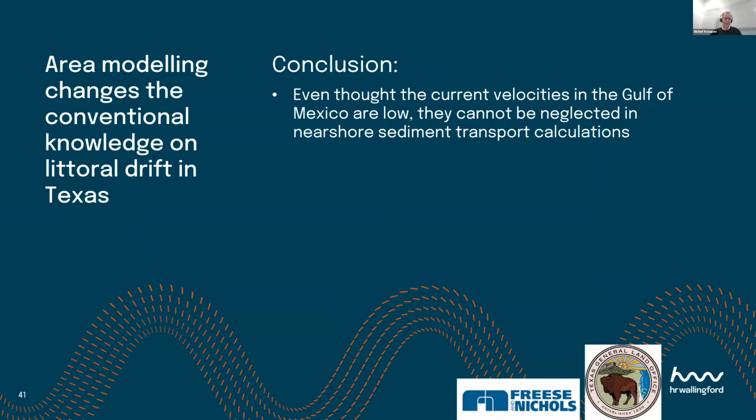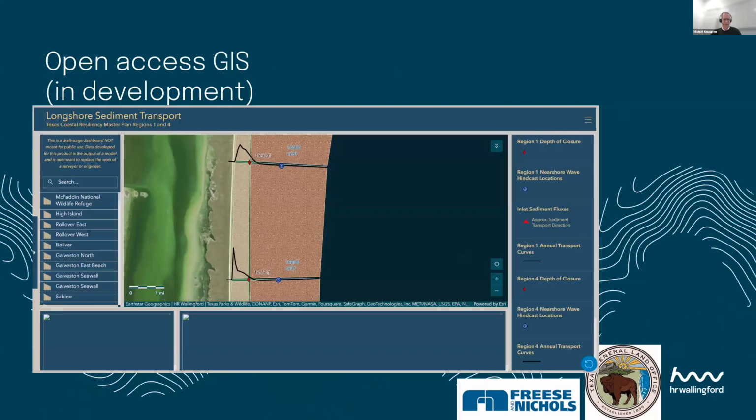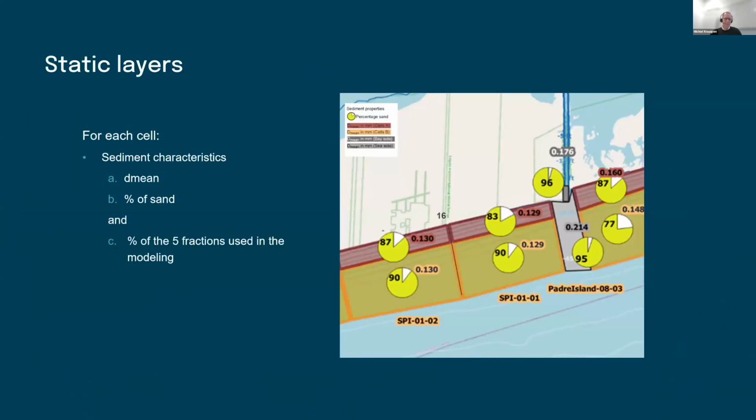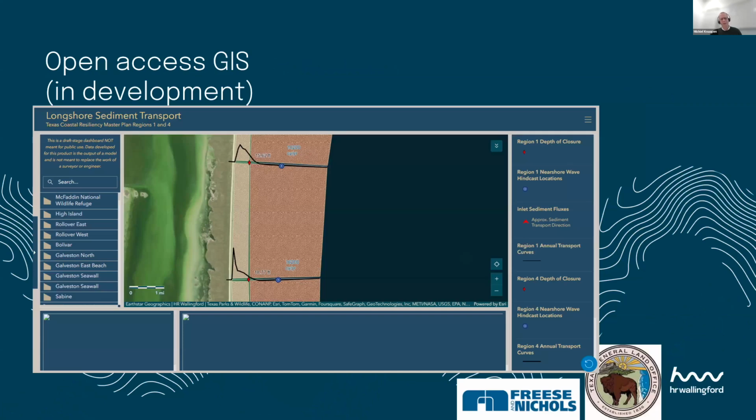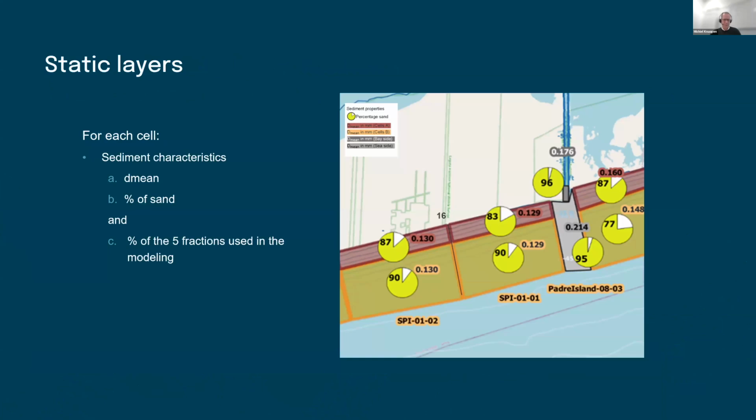And that then leads to some important information for coastal management. We're now in the phase of creating GIS. I'm not involved in that anymore. I'm not a GIS specialist. I struggle enough to make the pictures using GIS. But colleagues are working on it to create an open access GIS together with the GLO. And that will have static layers where per section of the coastline we will have information on the grain sizes, on the sediment fractions in it,